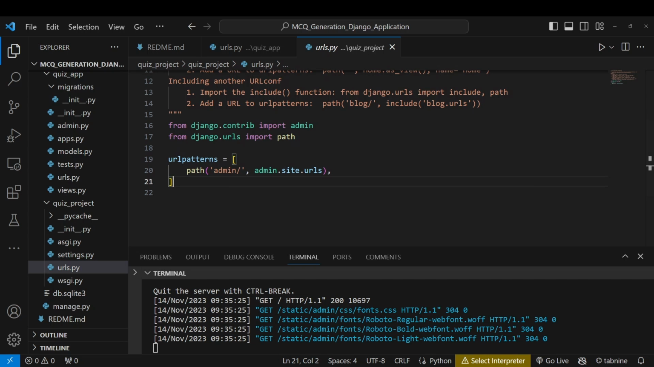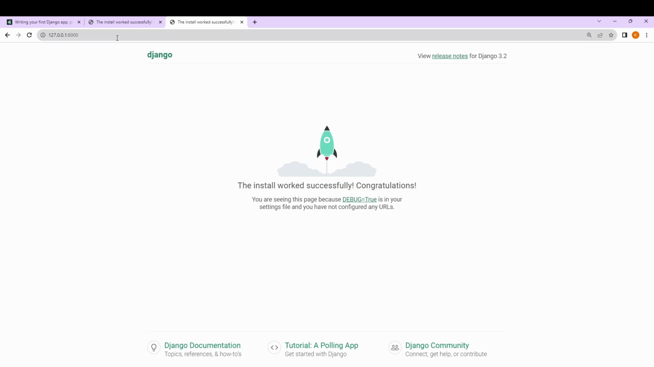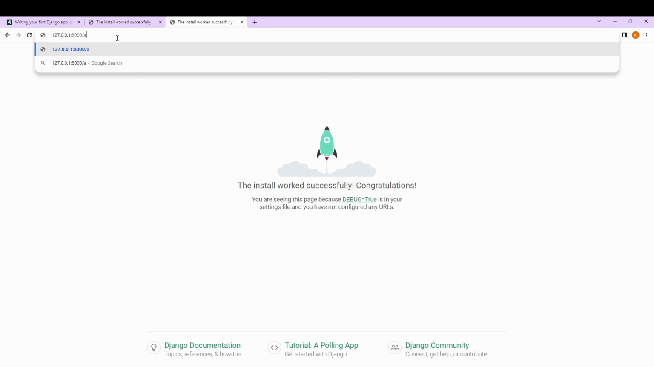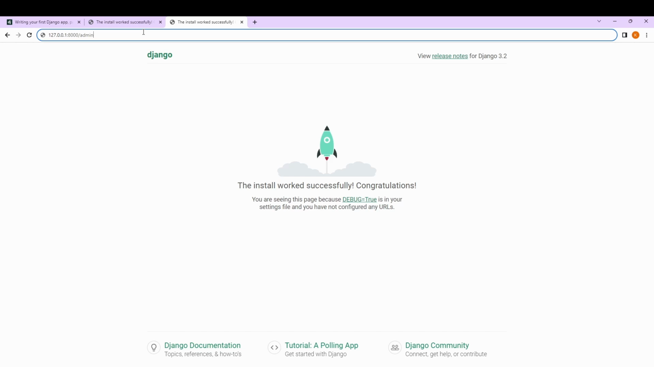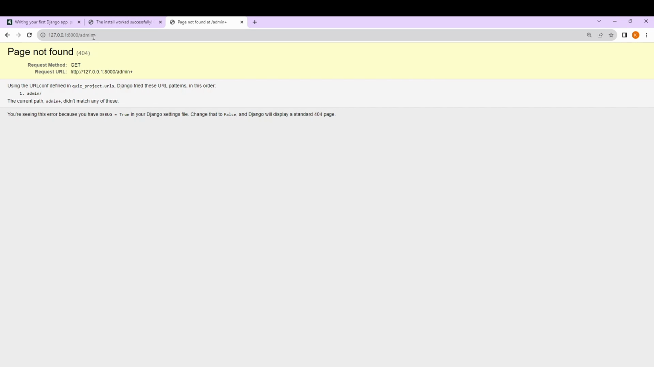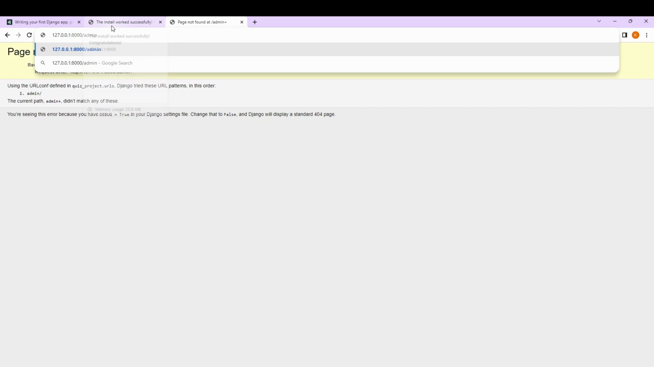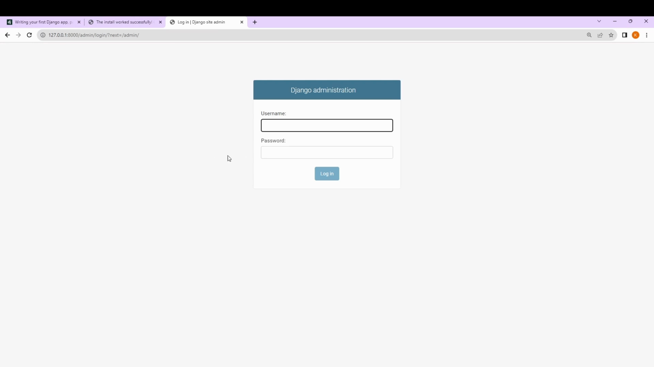the admin. If I open my browser here and write /admin, it is the same /admin that we have in this urls.py file. Let me press enter. I need to delete this plus button first. Let me press enter now. Now you can see this is the admin that we are getting,